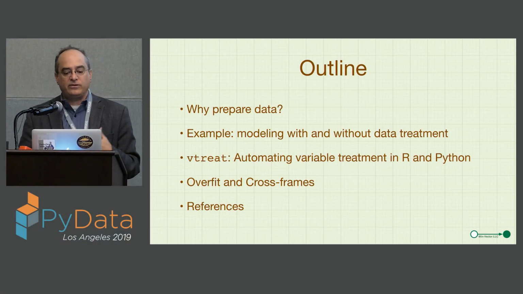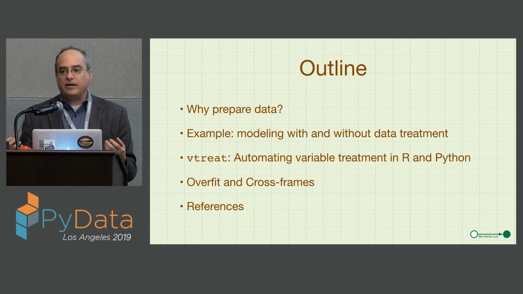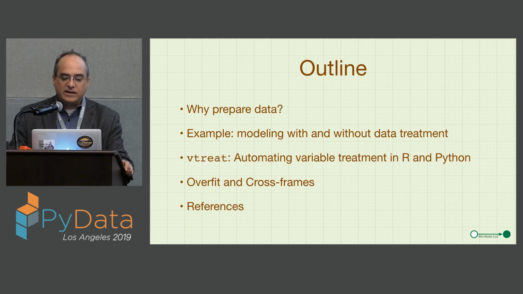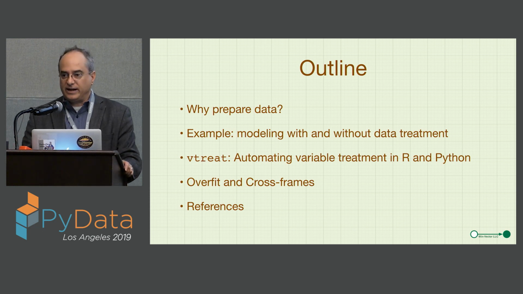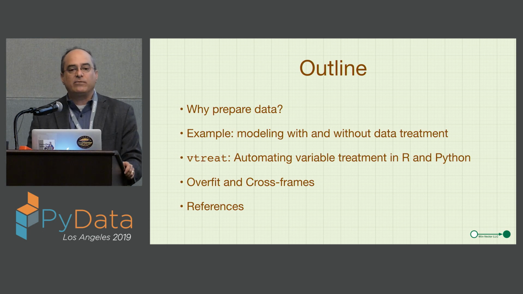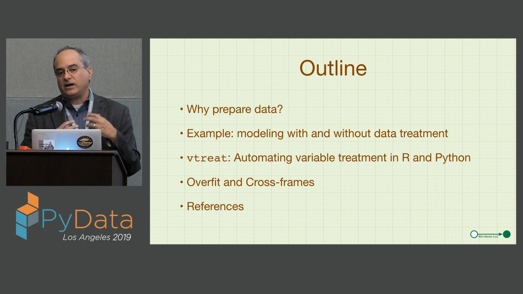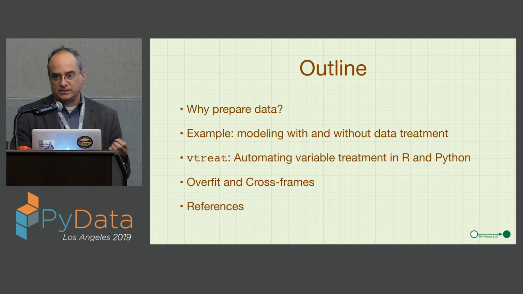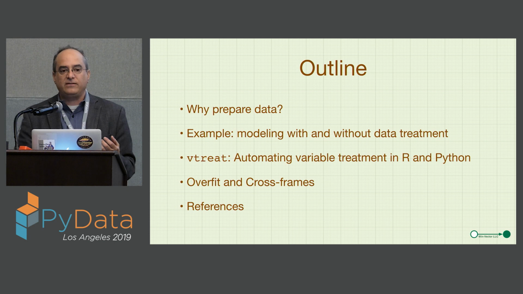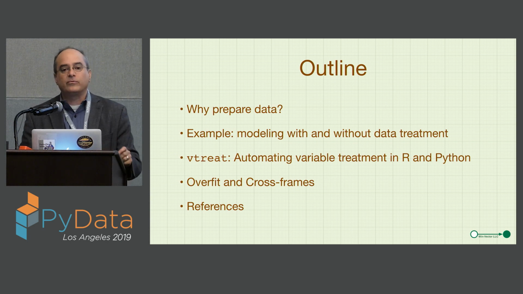So what we're going to discuss with you is first the problem. Why do you have to prepare data at all? Why can't you just use data as it comes into your system or your ingest system? And then we'll show modeling with and without vtreat. And obviously, we're going to show that it's very bad not to use vtreat, that we're huge fans of our own package. And then we'll describe the package, and we'll show some of the technology that makes it actually work. Because it turns out once you touch the data, everything's your fault. And you have actually a really great opportunity to introduce overfitting and nested model bias if you don't do something very clever, which Nina will describe. And then we'll get to some references.